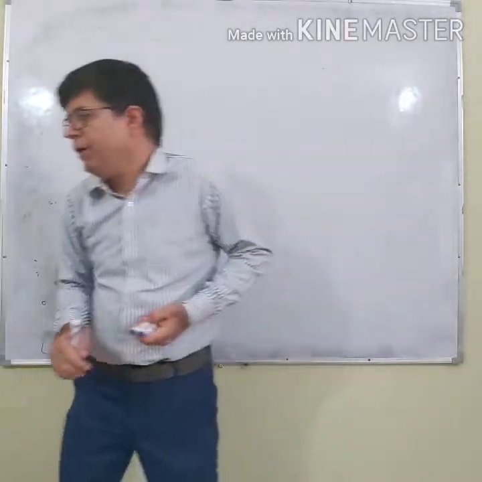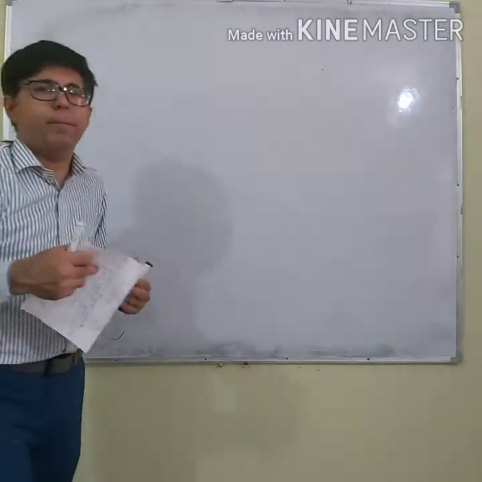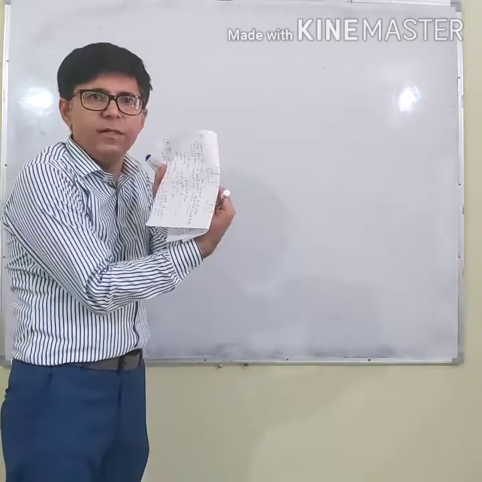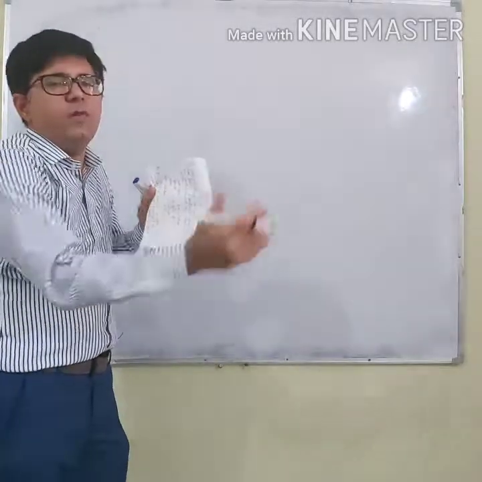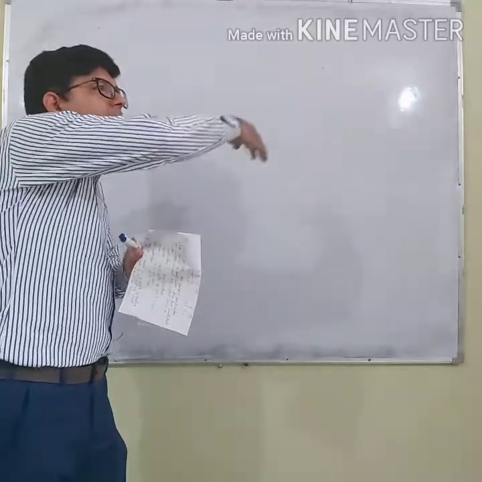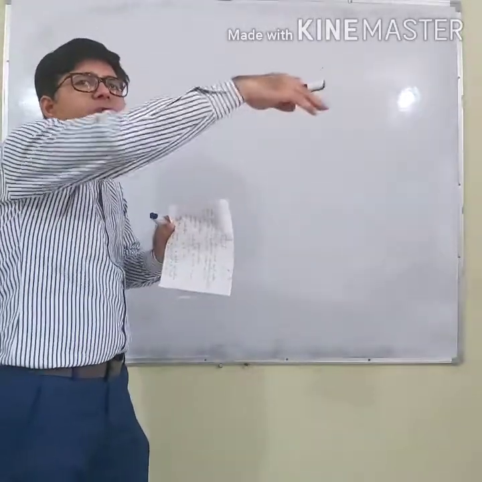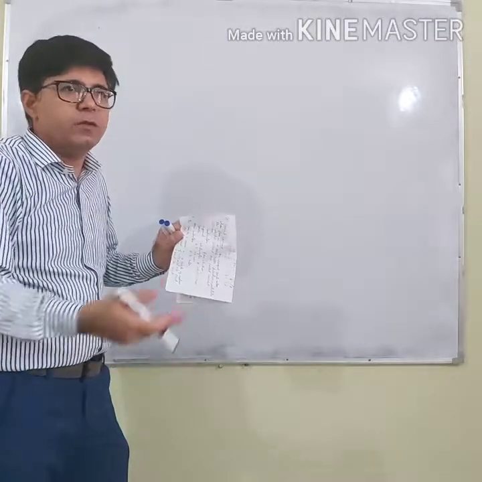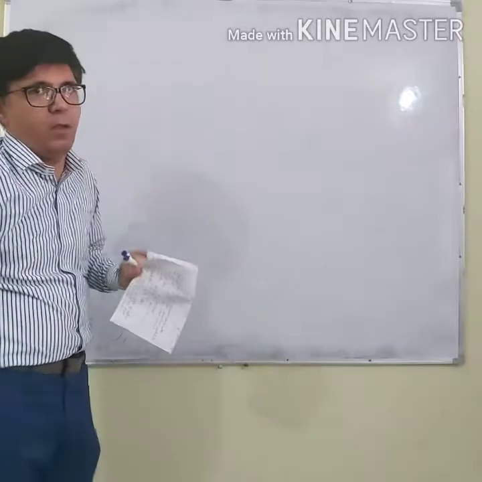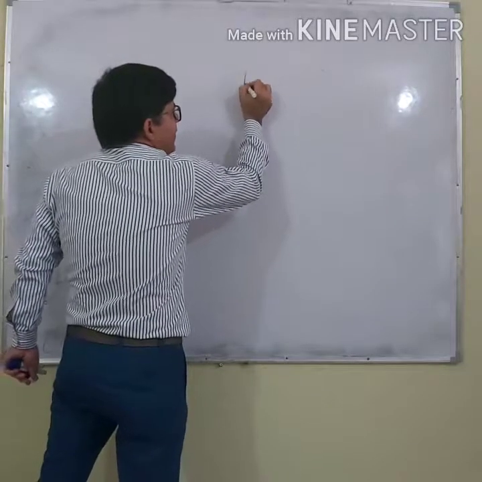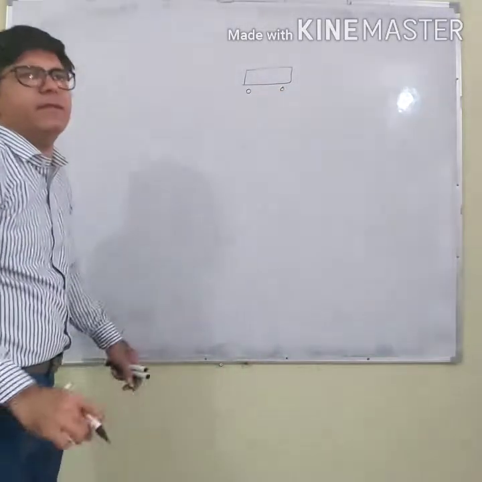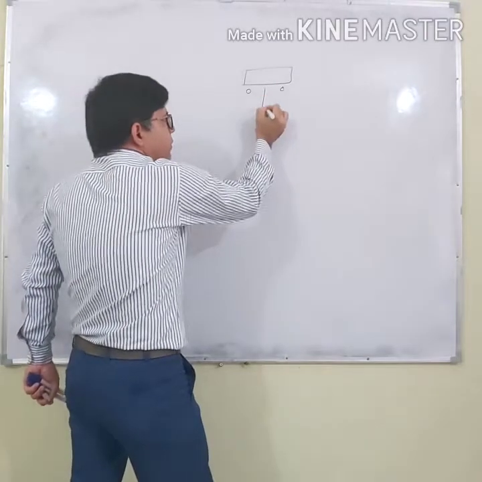If I talk about a prey, one of its eyes is on this side and another one is on this side. By this configuration, in case of prey, its field of view becomes very, very large. It can see up to an angle of about 360 degree. So this is the benefit of having two eyes here. But for the predator, what happens? Its eyes are just below the forehead. Let us say this is the forehead and these are the eyes.